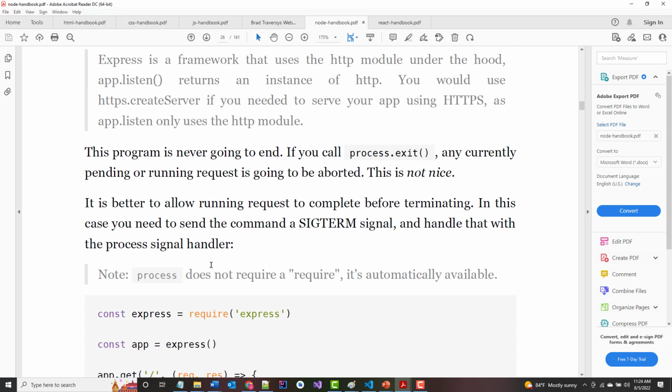Express is a framework. What a framework is, it's a module that allows you to make your life easier inside of here. It uses the HTTP module that we were using under the hood. The app.listen, as it says, returns an instance of HTTP. It says you would use https.createServer if you needed to serve it using HTTPS. Okay? So if this was going to be something that we were putting out there that needed a secure connection,